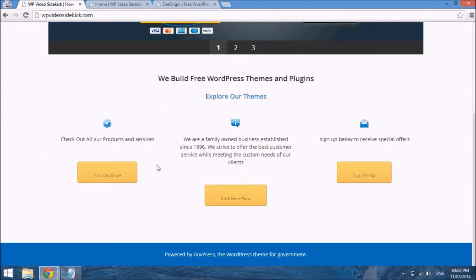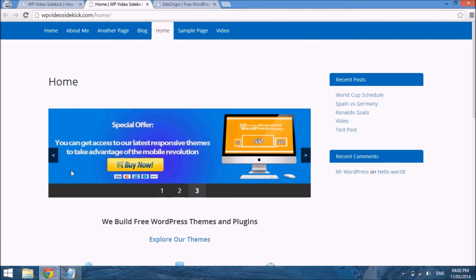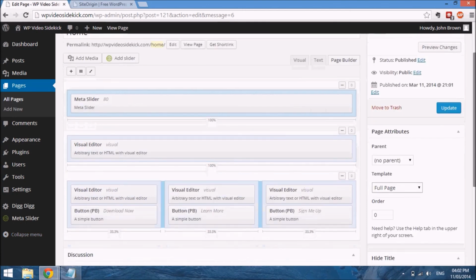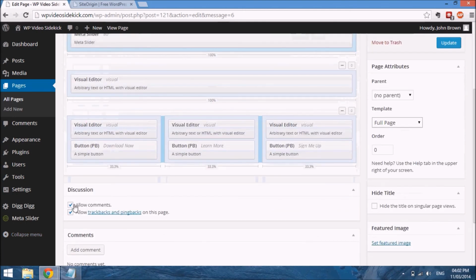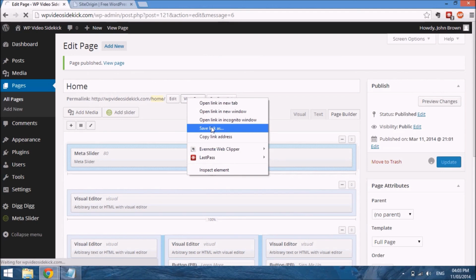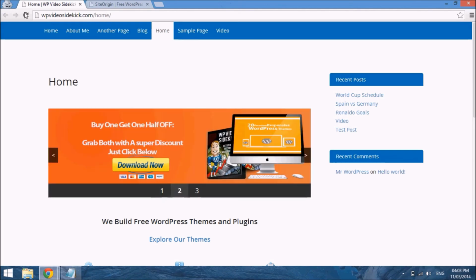I'm just going to go back and go back to our editor, change the default template to a full page, and to remove comments, track box, update, and then view the page, refresh,